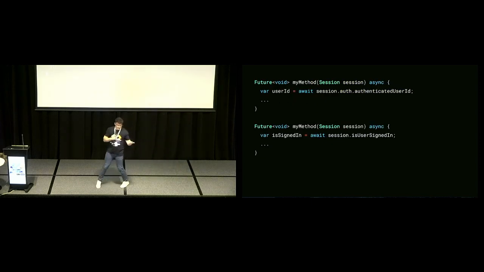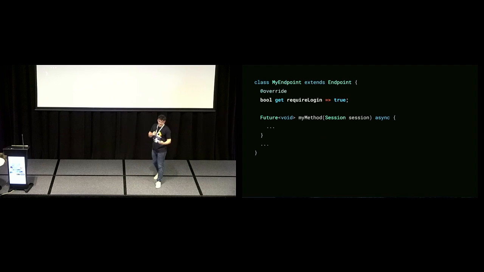And back to that session object again, it now gives us the auth state. So is the current user signed in? No, yes, maybe. Do we have the authenticated user ID so we could fetch the user from the user table, that kind of stuff. But a really cool way of just requiring authentication for an endpoint is by overriding the